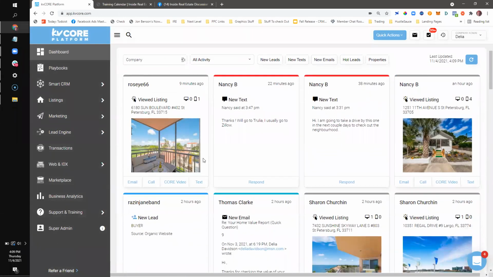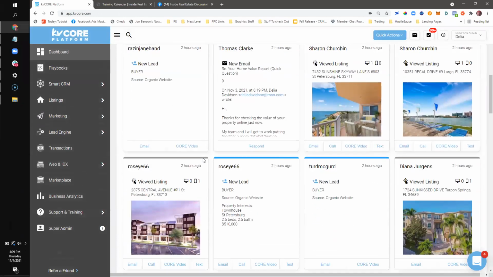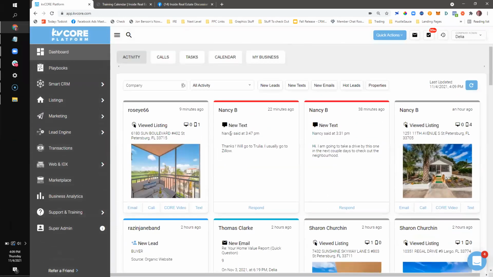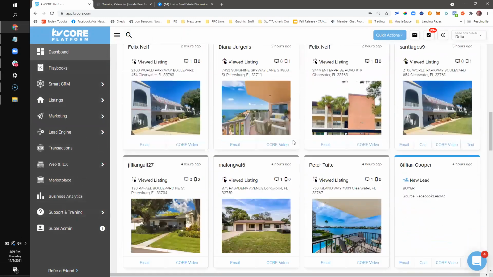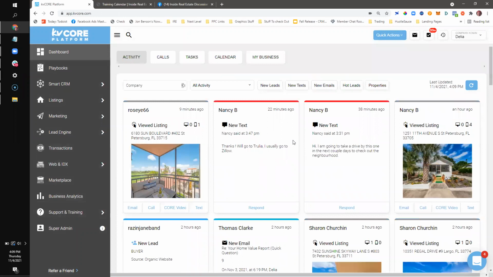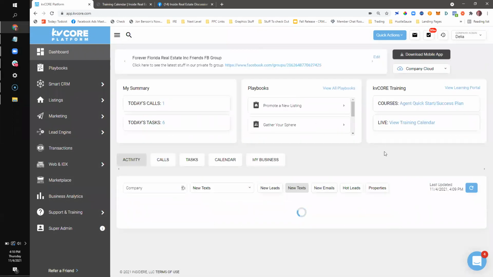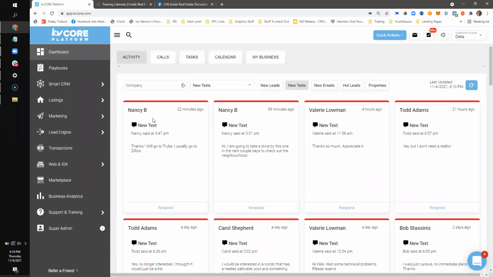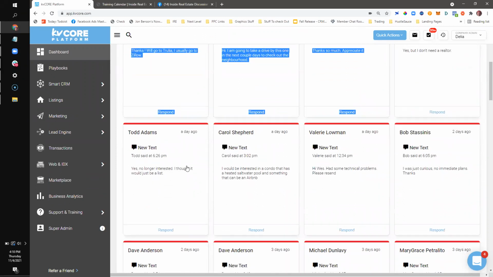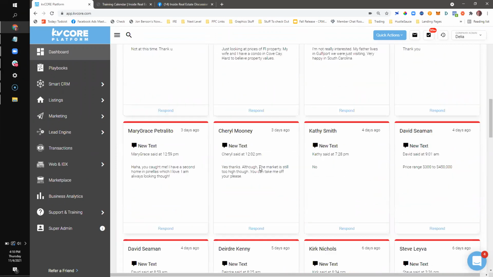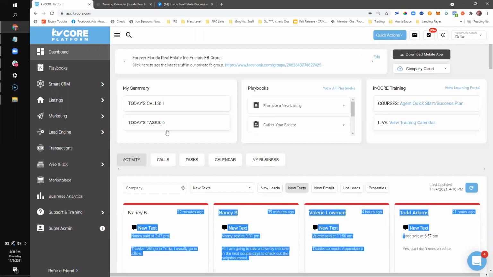I actually brought up the whole brokerage account here, and you can see when you're putting a lot of data into the system, there is a lot happening in this one. If you can, put that in the back of your head: I want to get my activity stream to look like that, because if you're getting this level of activity, you're always doing business with somebody. Having 3 texts in the span of an hour with 3 separate clients is just going to promote a lot of activity there. Check this out. It's almost too much.